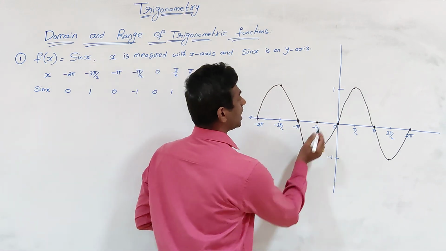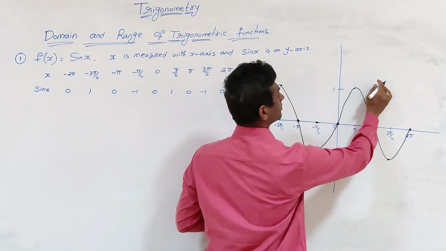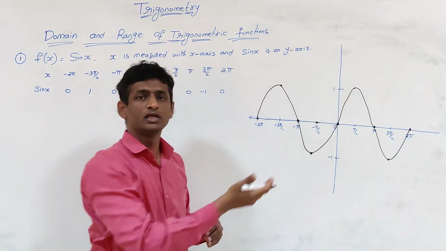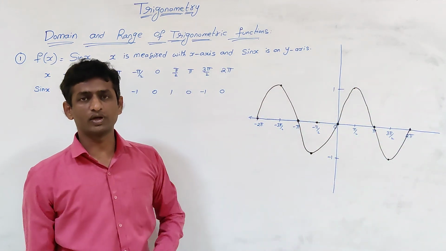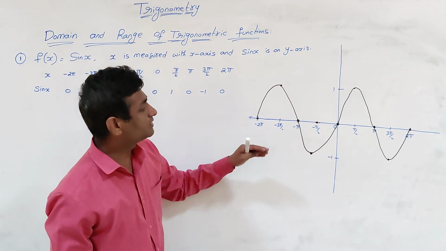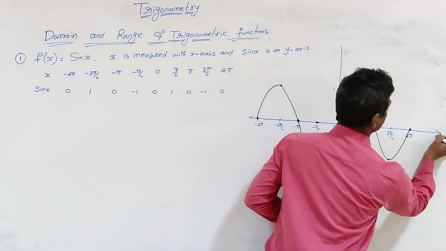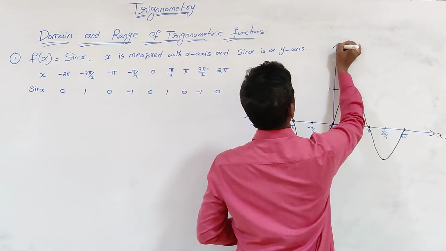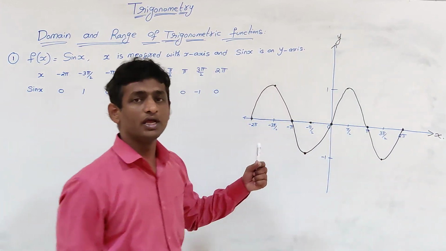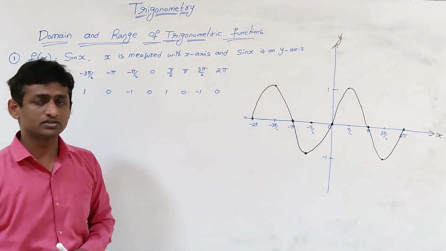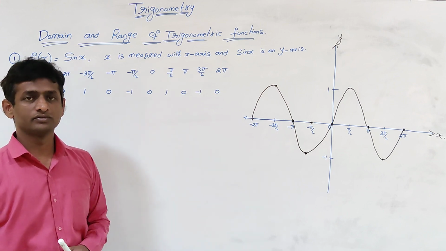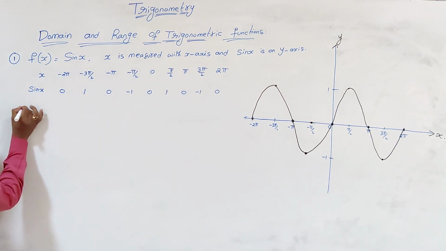It can't cross above 1 or below minus 1. And we will see some observations. So this is our x-axis and this is our y-axis. Now we will see what is the variation of sin x, where it is varying. So by observation,